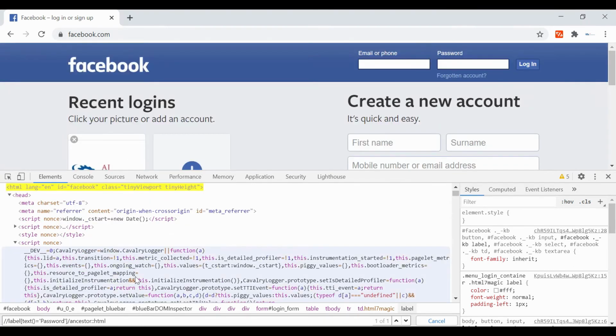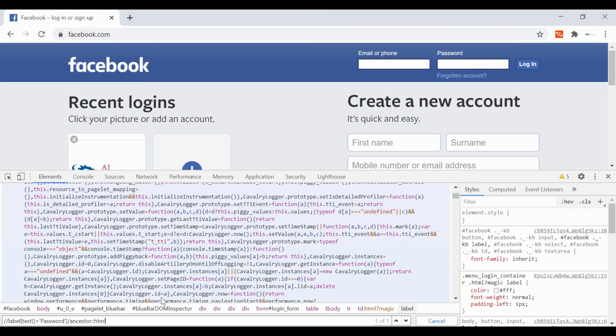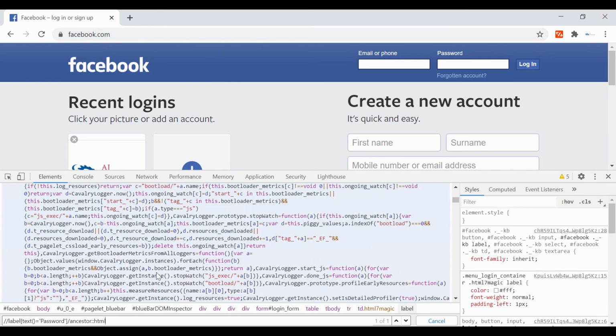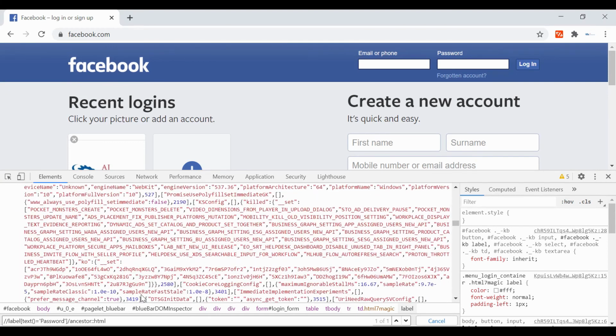As you can see, it is uniquely identified, since only one HTML tag will be there in the entire DOM. So using this ancestor access, we can traverse in reverse direction up to the first node.